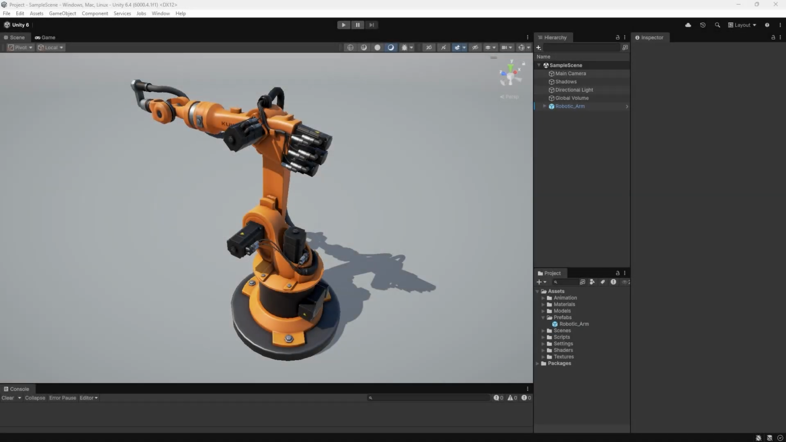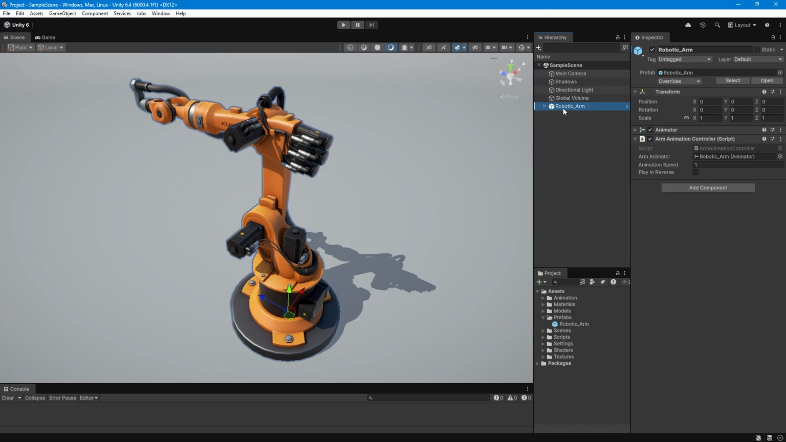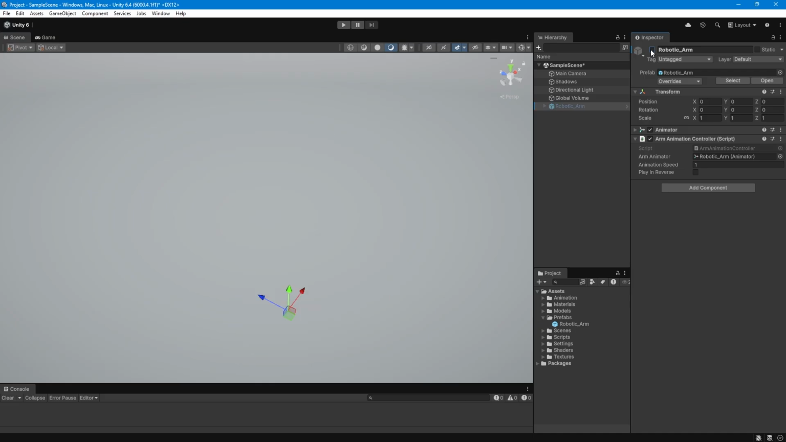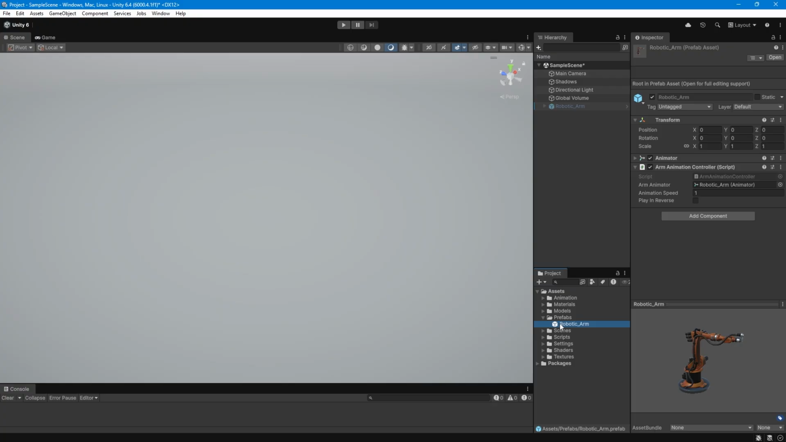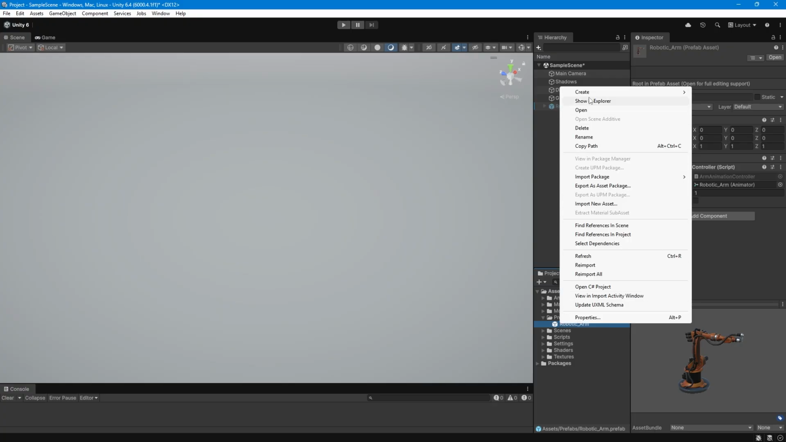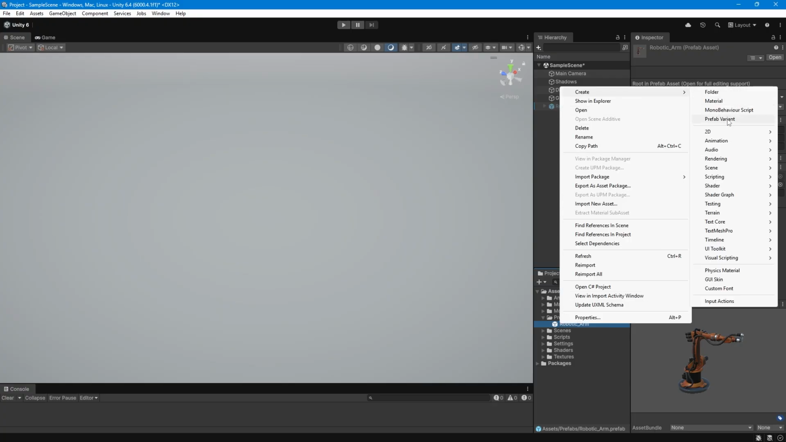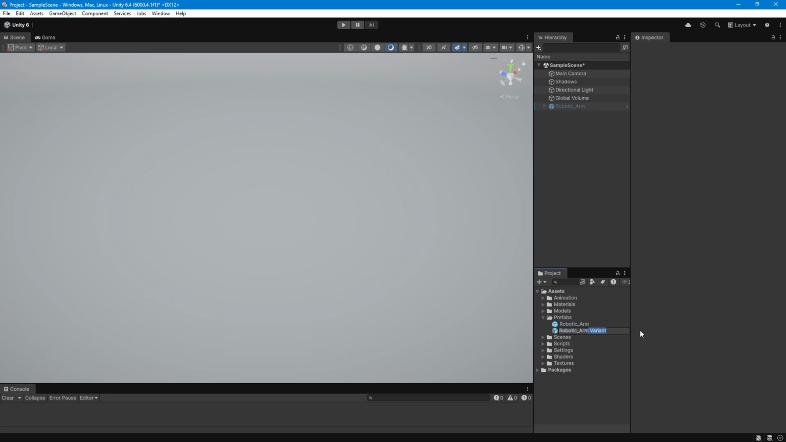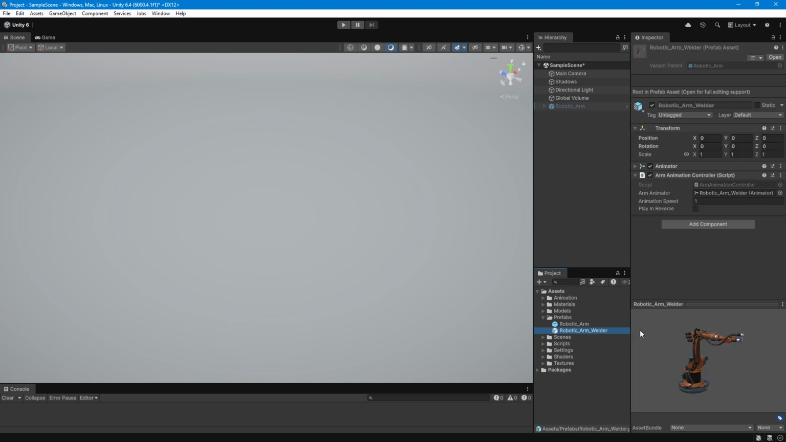Let's start by creating our first prefab variant. I'm going to navigate to Unity's hierarchy window and select the base prefab in the scene. We'll temporarily disable its primary visibility. Let's navigate down to the project window and select our base prefab. Let's right-click on this prefab and select Create Prefab Variant. We'll then rename that prefab variant to Robotic Arm Welder. Now, to edit this prefab variant in isolation, we'll need to navigate to the top of the inspector and click